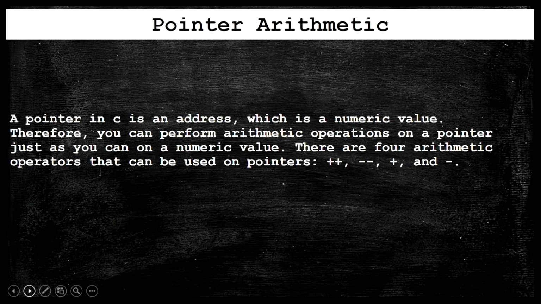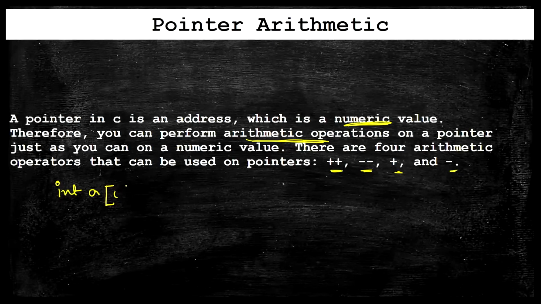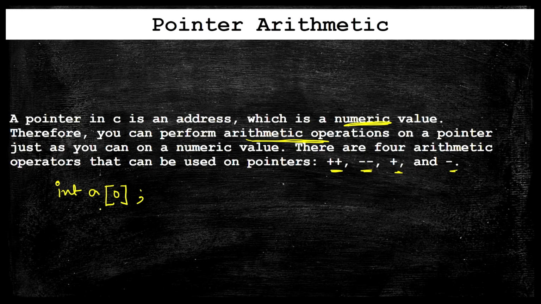Now if you have seen the addresses printing part, we have seen that all the addresses are numeric values. Since it is a numeric value, we can perform arithmetic operations with it, that is we can increment it, decrement it, add it, subtract it. But pointer arithmetic is different. Why different? Because once you do like this, int a, let a be an array of 0, and okay,